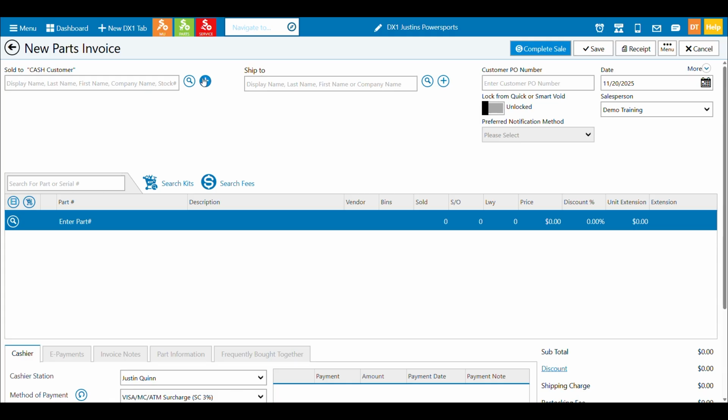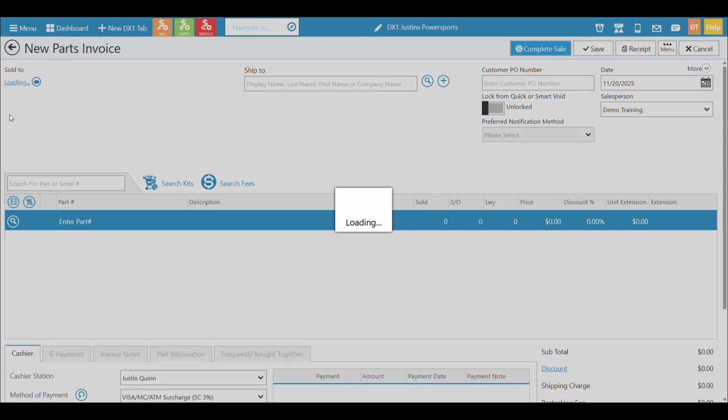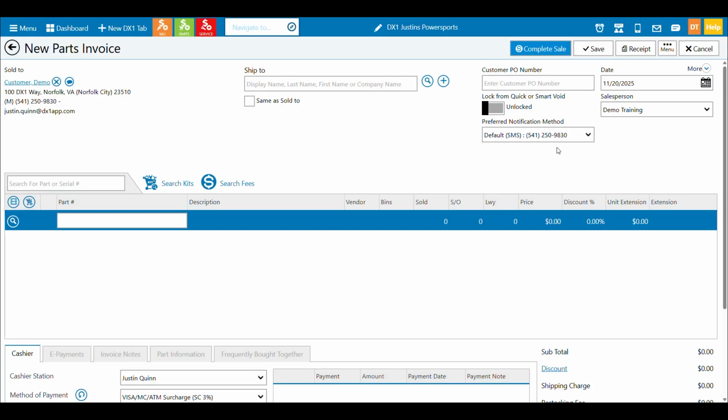And then when you do add a customer into an invoice here, this drop down here is the preferred notification method. And I mentioned this in other chapters before too. If you're using DX1's customer notification tool, which I really hope you are, this is the manner in which it has to be set. A lot of times people don't realize it says not set because they didn't set it in the customer record.